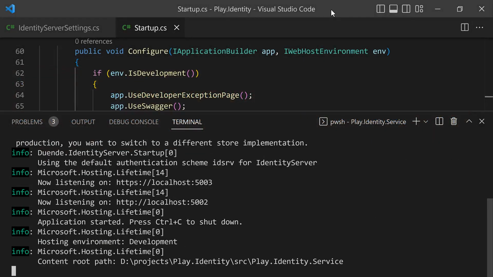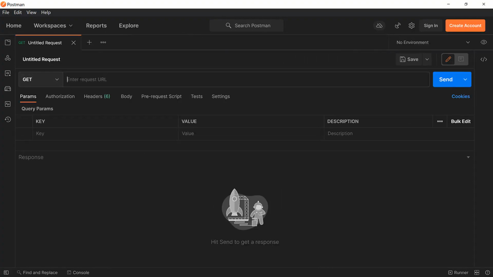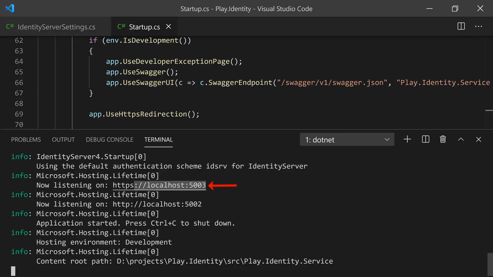Since Identity Server is an OpenID provider, it does offer a standard configuration endpoint that we can use to get all the metadata about all the endpoints and configurations that have been enabled for Identity Server. So to check out that information, let's now head down into Postman. Now here in Postman, I'm going to create a new GET request. And this request is going to go against the host where we're hosting Identity Server. If you look back at Visual Studio Code, that's going to be https://localhost:5003. So I'll copy that,